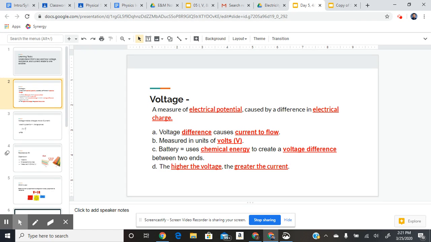Voltage is sometimes called electrical potential. So if you ever see electrical potential, that's another name for voltage. As a variable, it is usually written as just a V. Sometimes, like on your equation sheet, you might see it as delta V. Don't get too hung up on that. All that's telling you is that it's a voltage difference